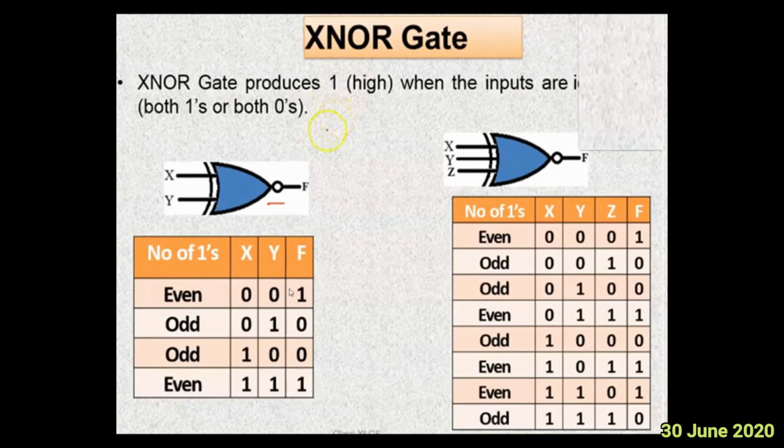Getting the idea? Now how can I tell that it produces 1 when the inputs are both ones or both zeros? What is the meaning of this now? In case of two inputs, easily I can say, if the inputs are same, output is 1. Right? If inputs are same, output is 1. Other way, if the inputs are different, then the output is 0. This is a very simple definition of the exclusive NOR gate in case of two variables. In case of three variables, you can't say like that, right? That's how you have to write in terms of number of ones, either even or odd. Getting the idea, right?